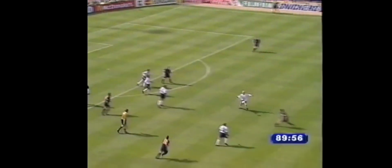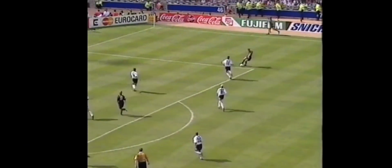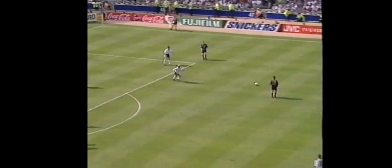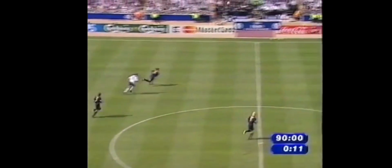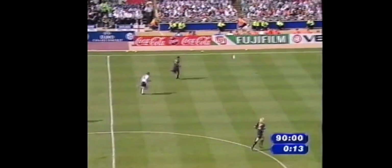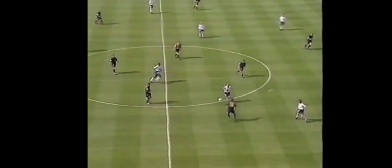Coming in, Gascoigne couldn't get to it. Collins, now he's left space on the right-hand side here. McKimmie, Collins. Whistles in the crowd as the England captain hooks the ball clear. Stoppage time. And the sunshine has really come back into the life of the England team today. Here's Stone